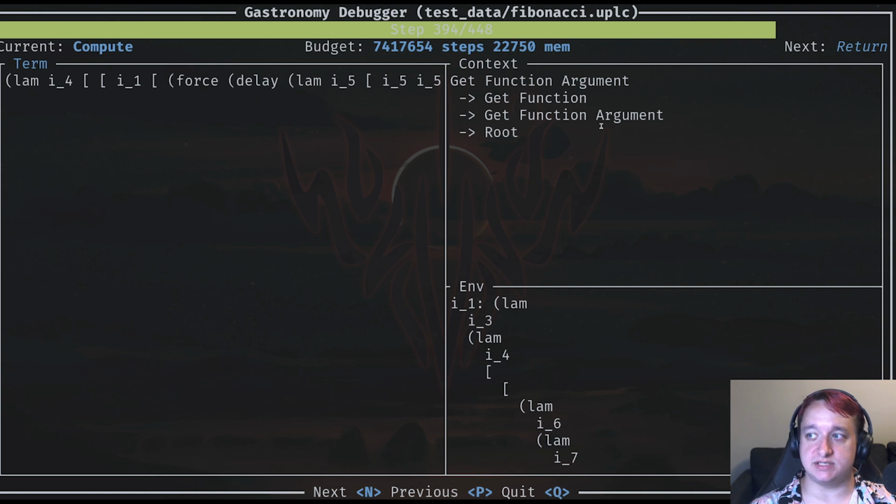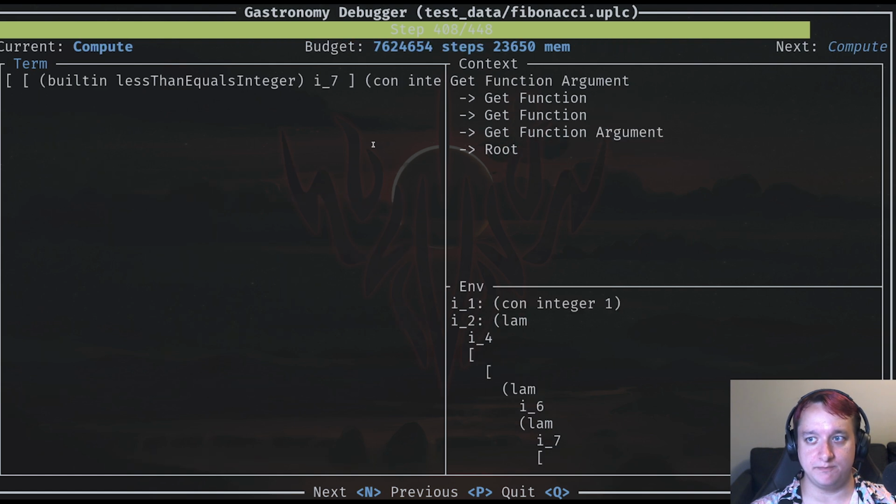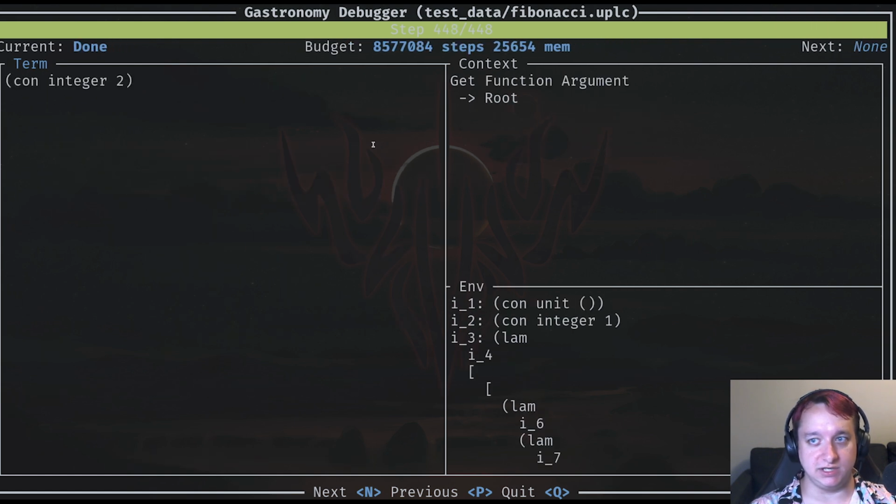You can also see up at the top that we keep track of the budget that has been spent as you step through the program, and how much is spent on each step, just as an example of how it's nice to step through these numbers. And you can see at the end here, the final term that we have is this integer 2, which if the 0th Fibonacci number is 1, the first Fibonacci is 1,